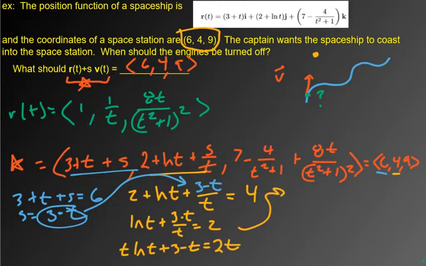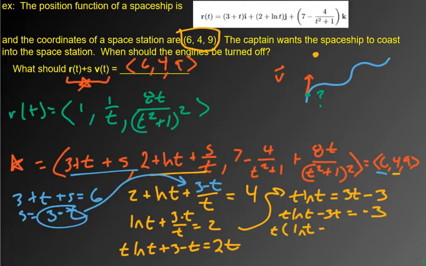So then you could add t over, so t natural log of t, I'm going to move the 3 over, equals 3t minus 3. And I don't know if this is the best way. I'm going to move that back over. Then I'm going to factor out a t. All right, and then,